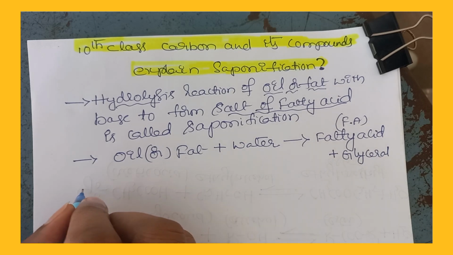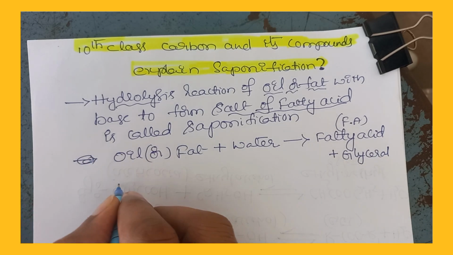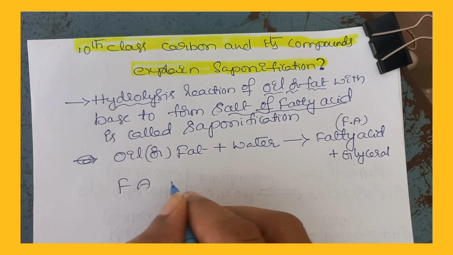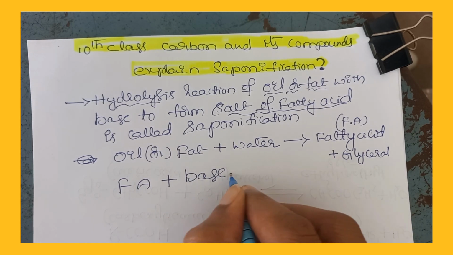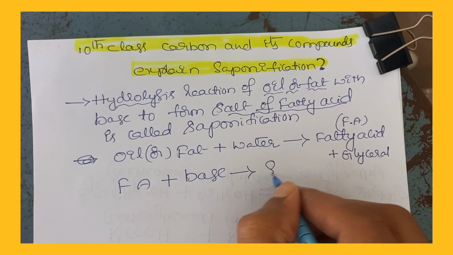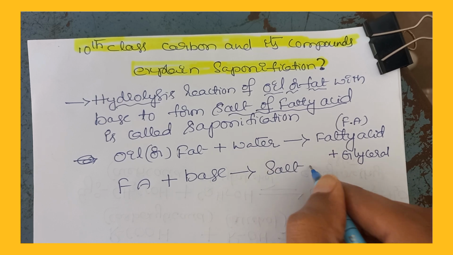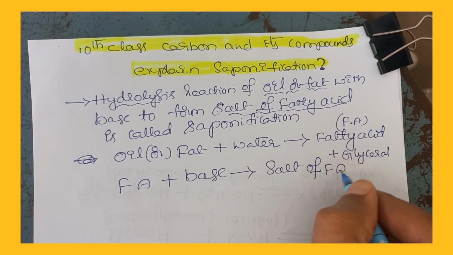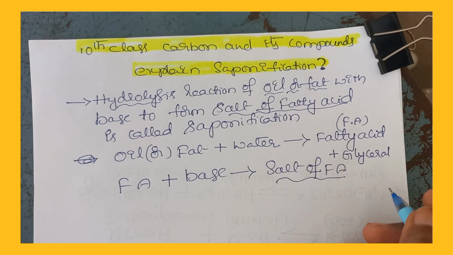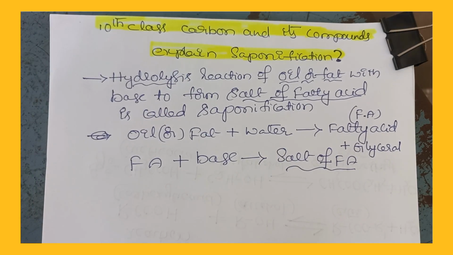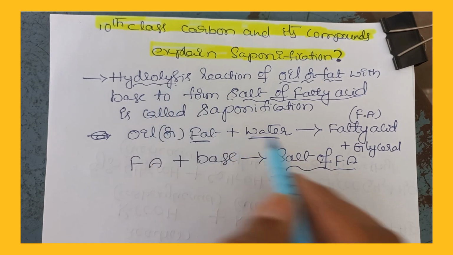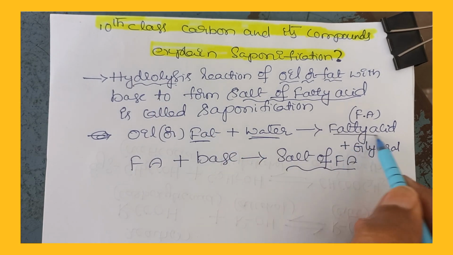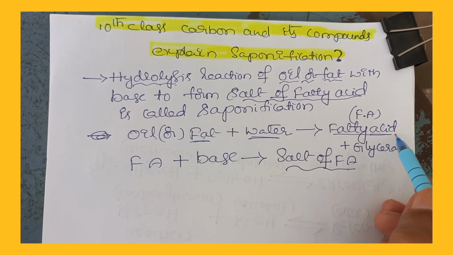Now this fatty acid combines with a base, forms salt of fatty acid. So the salt of fatty acid is called soap. Here it reacts with water, so this is hydrolysis, and in this case the oil or fat is turned to fatty acid and the byproduct released is